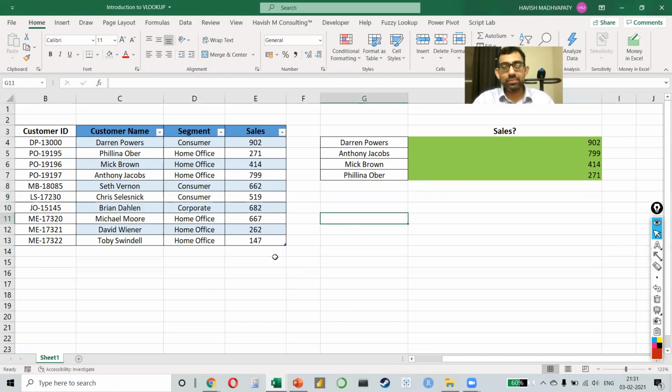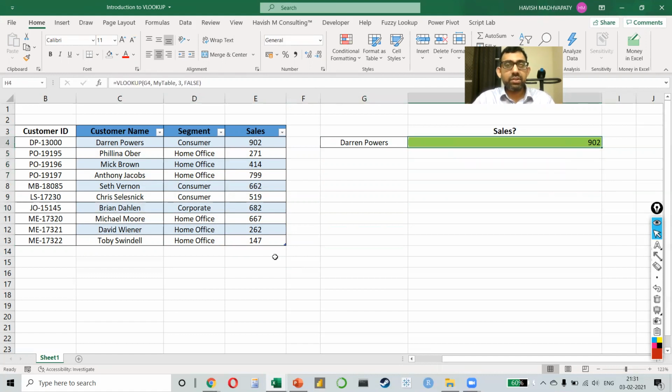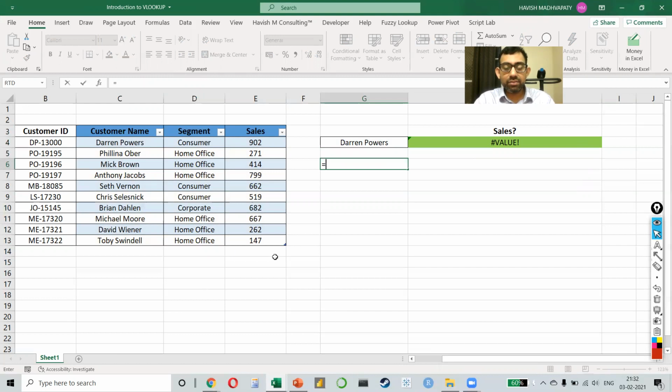Let's take a few examples. I've written my VLOOKUP, which is working perfectly. Now, if I write the same formula with a 0, it will give me a value error. Or a -1 and a -2 will also give me a value error. This means that the column number cannot be 0 or a negative number. Also, if you try to add 5 plus a, it gives you a value error. That means you cannot add a number and a text value.